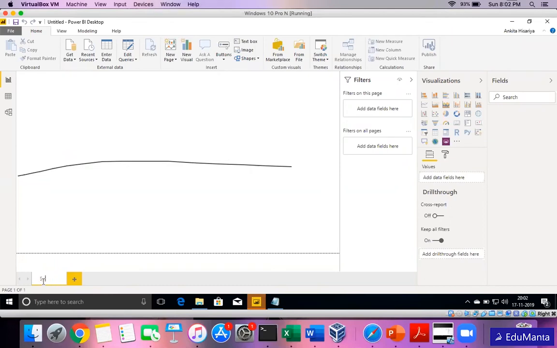For example, if it's the data showing sales, I can just write it as it is. I can create any number of pages as needed. Even if there is a particular page where I just want to edit something and I want to copy it, I can use the duplicate page option or rename the page. And if I don't want to use that page, I can delete it. And here, this is the area where we'll have all the tables and different fields that are used in the report.